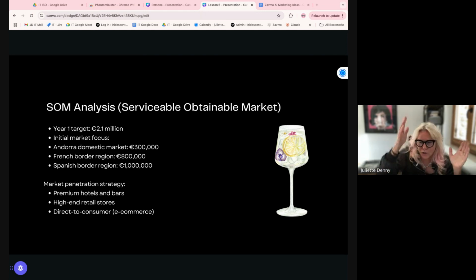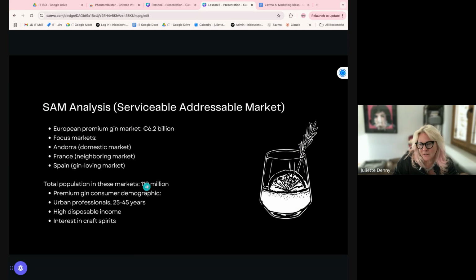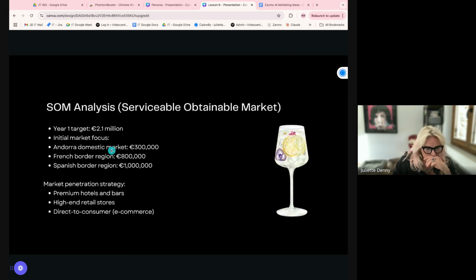Okay, so you've gone down from, I want to focus on the highest compound annual growth rate, then potentially where I could go in the future, but now how am I actually going to start attacking it? So we've said, from 11 million, I think we said, so 110 million is the serviceable addressable market. We believe that we could probably get to a target of 2.1 million. Obviously, you might need a bit of investment to get there, but that's kind of realistic.